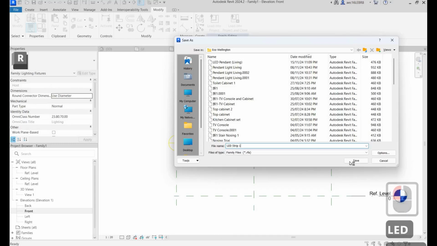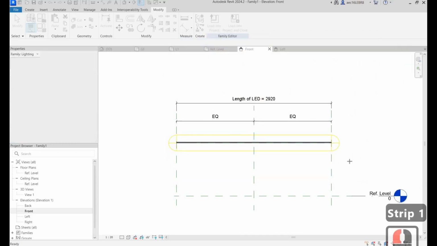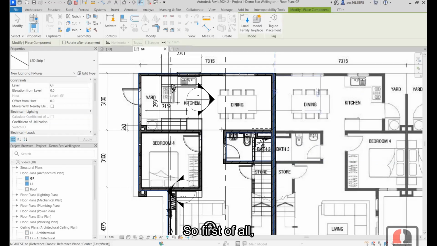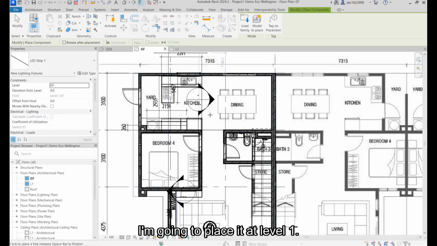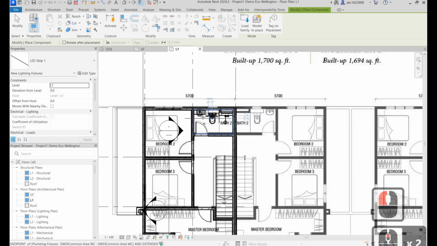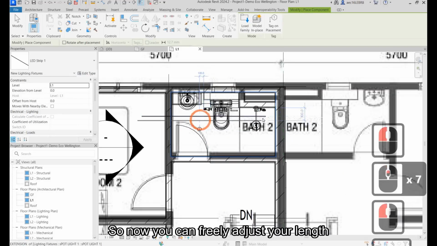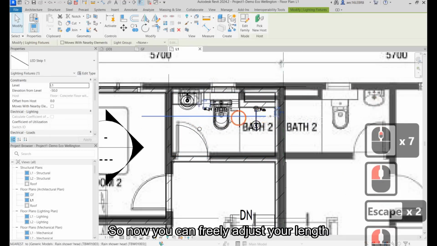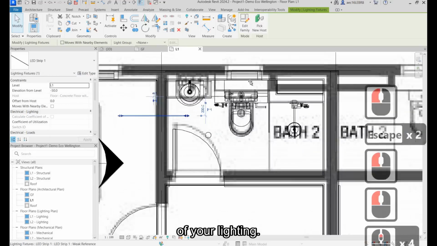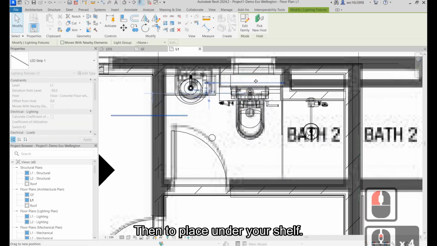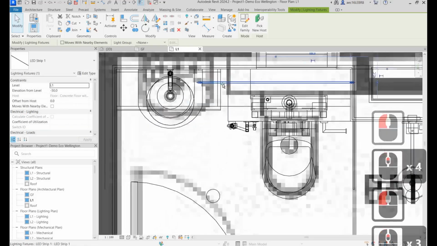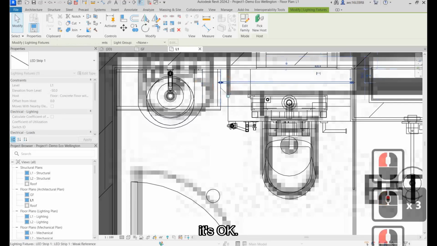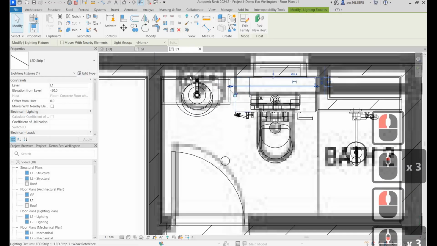Save. So first of all, I'm going to place it at level 1 here, this toilet here. So now you can freely adjust the length of your lighting, then place it under your shelf. It's okay. The shelf is like this, so